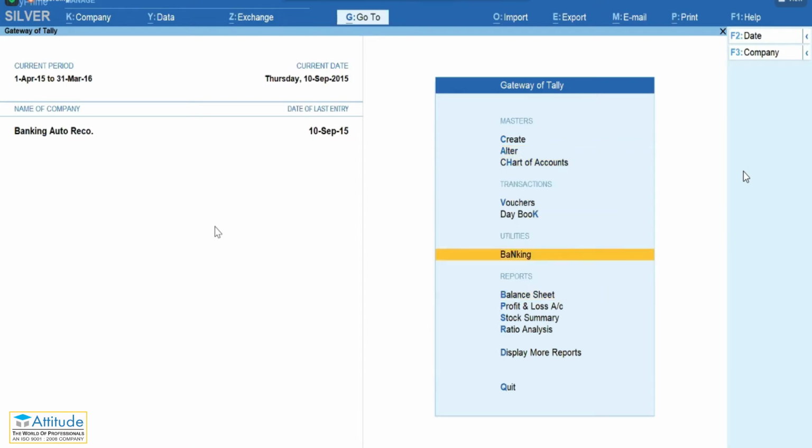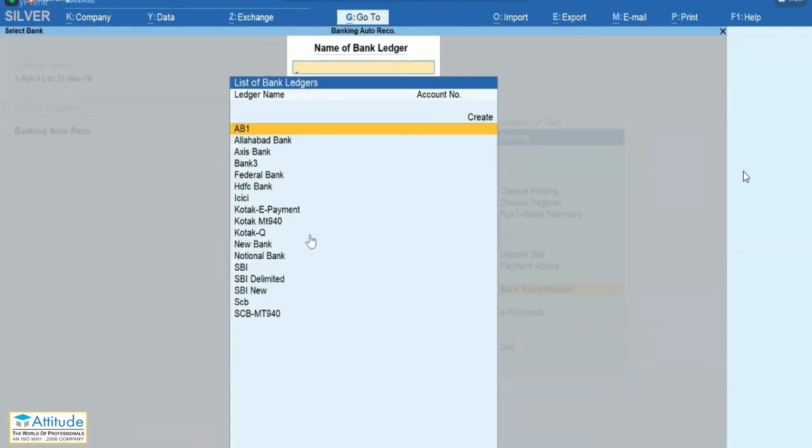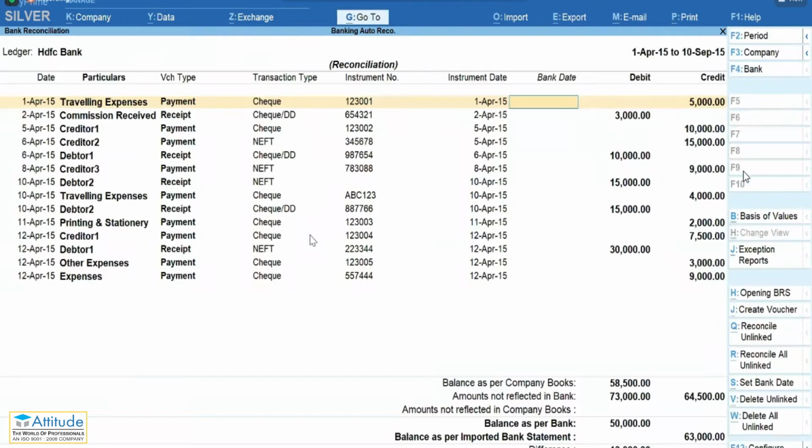In the gateway of Tally, there's one option which is banking. Just go to banking, go to bank reconciliation, select the bank, and you will see all the transactions that happened with that bank in that particular period, which are entered in your Tally. This is the instrument date, this is the bank date.